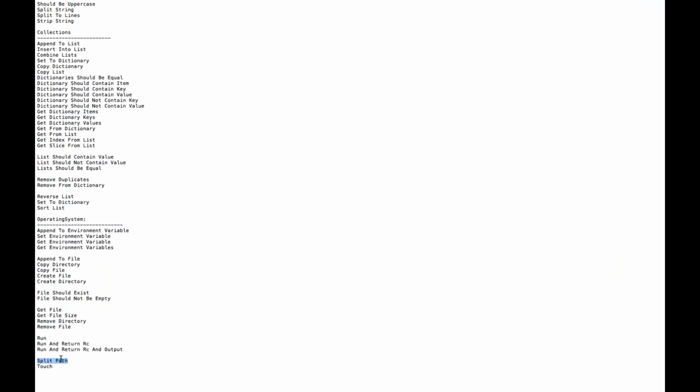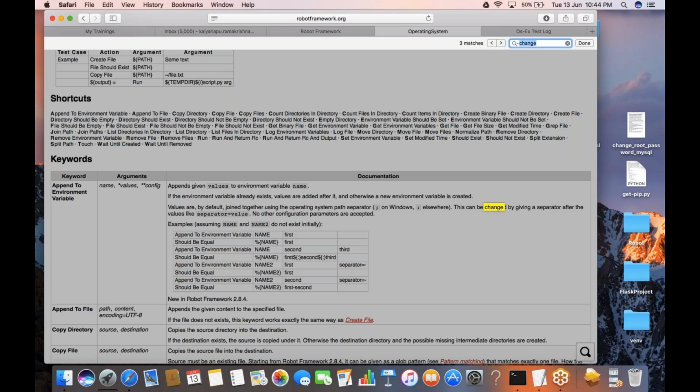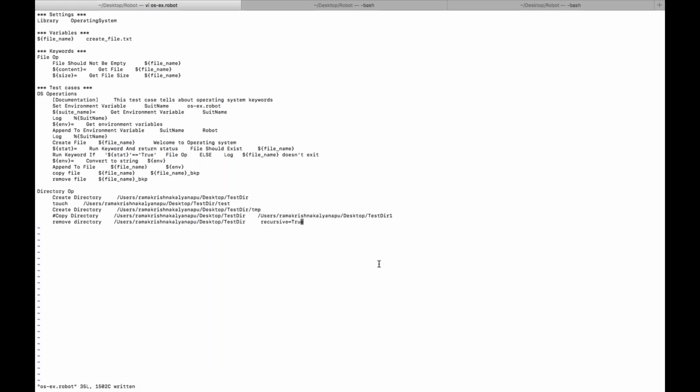Similarly, split path. Okay, so what is split path? Using this, if you give this entire path like this,